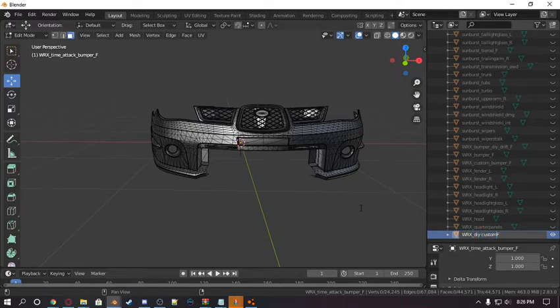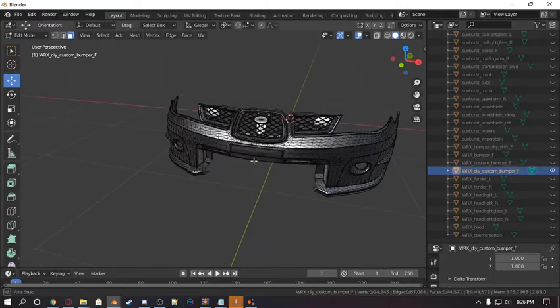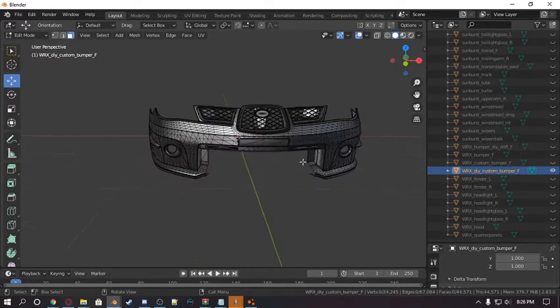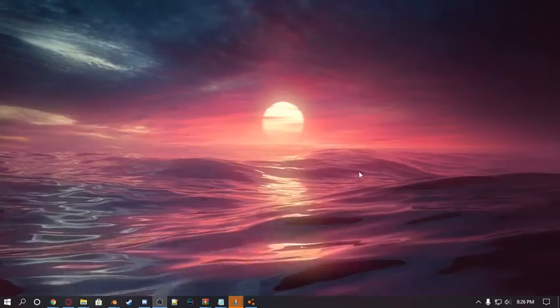Custom. Now any spaces you have, you want to make sure you have an underscore on them. So DIY Custom, and then Bumper, and then Front. Whatever you name it. I'm naming it WRX because I'm doing a facelift. So now that you have this, you want to make sure you also have a correct file path as